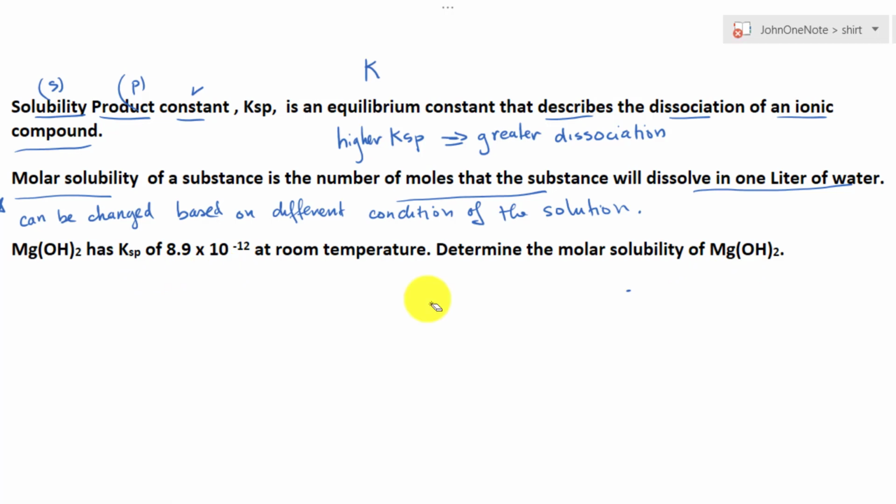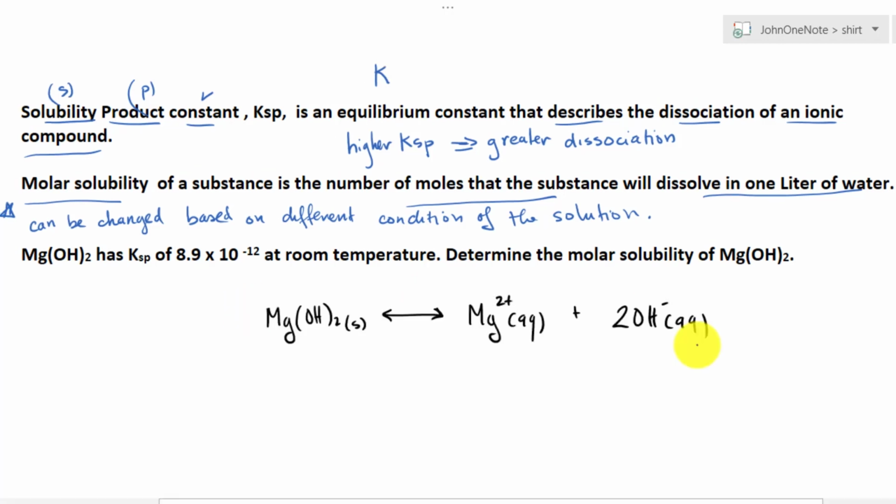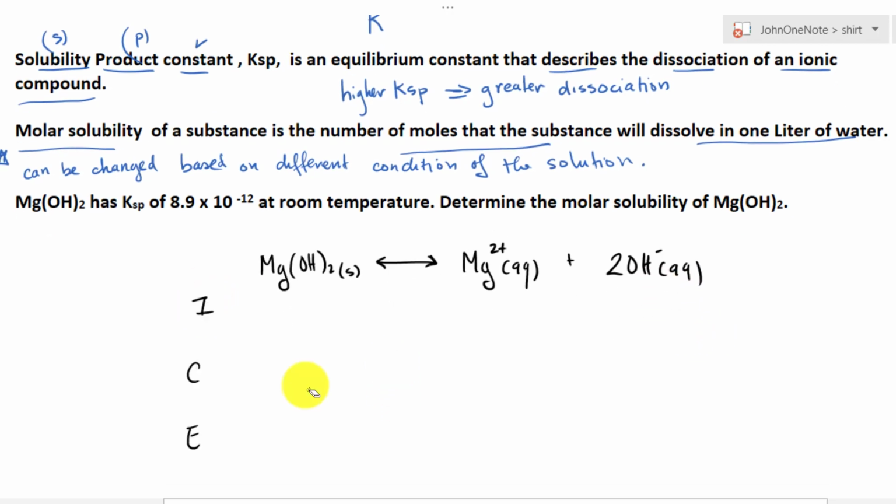The first thing you need to realize is that this is a chemical reaction process where the ionic compound dissolves into ions. So let's write a balanced chemical equation for it. Now we have a balanced chemical equation, and we set up the ICE table. Notice how magnesium hydroxide is a solid, so we can ignore it because our equilibrium constant would not include any solid or liquid. Let's go back to the ICE table.